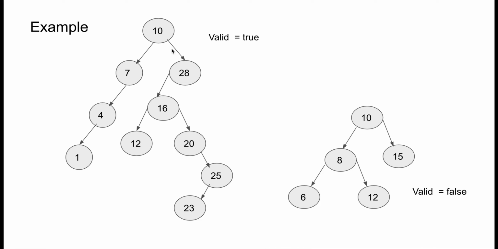So basically for any node its right subtree will always have values greater than that node and its left subtree will always have values less than that node. So this is a valid binary search tree. Whereas if you talk about this binary tree, it's not a valid binary search tree because there is one node in the left subtree of the root node which has a value greater than the root node. This violates one of the properties of a binary search tree. So this is not a valid binary search tree.